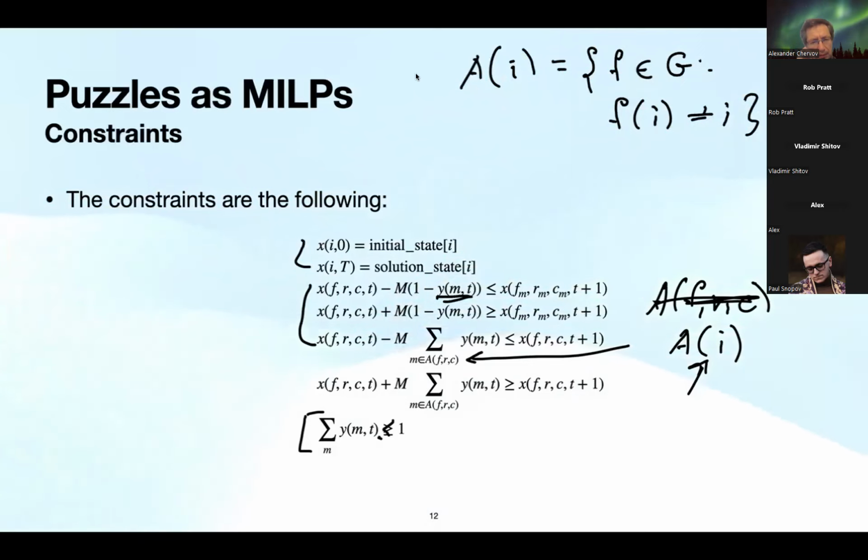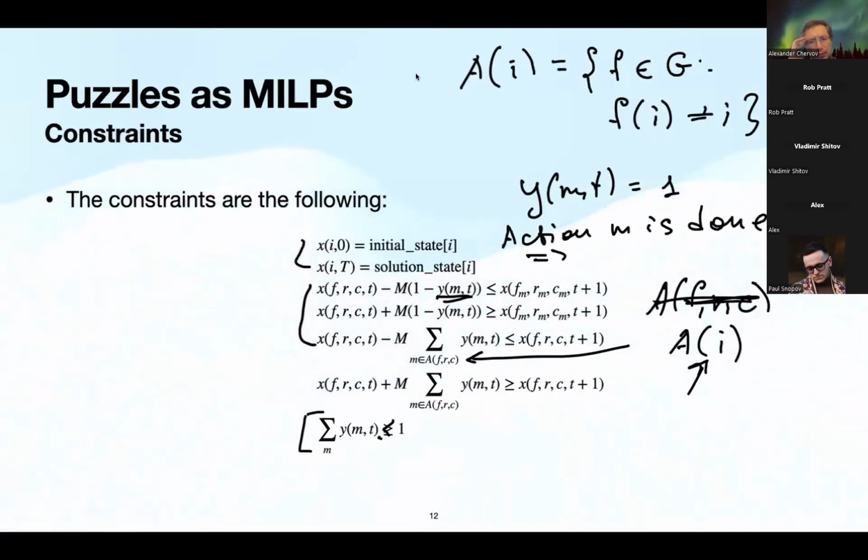So suppose y of m, t equals 1. Then action m is done.